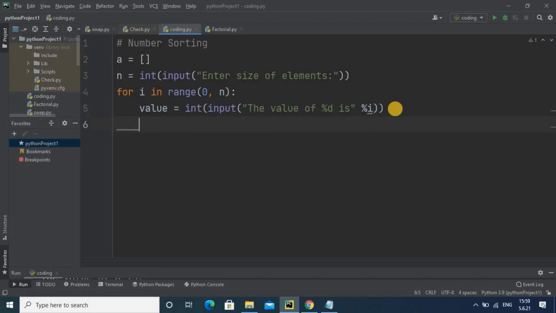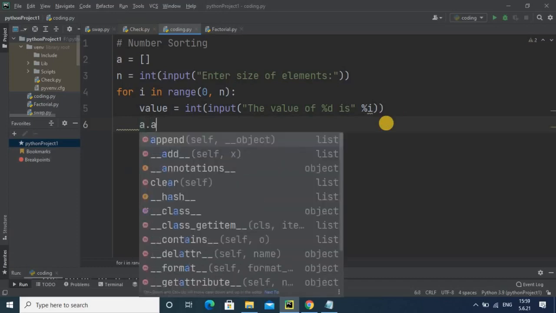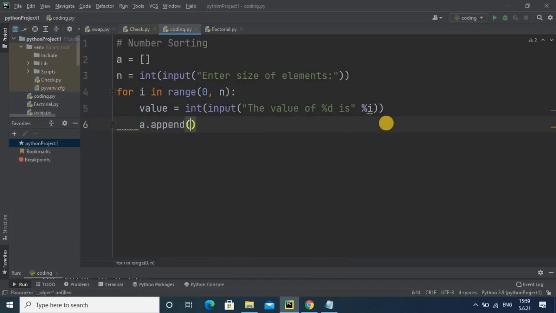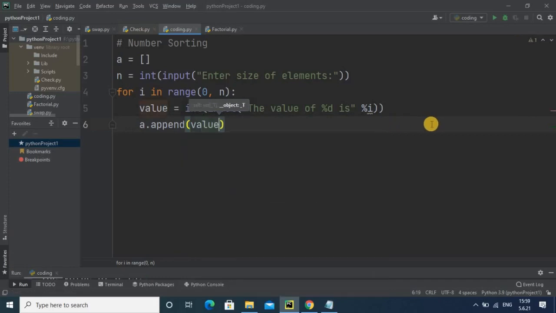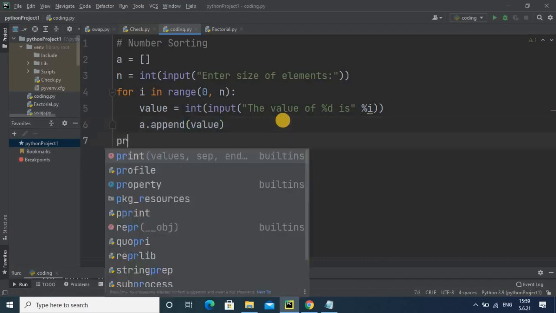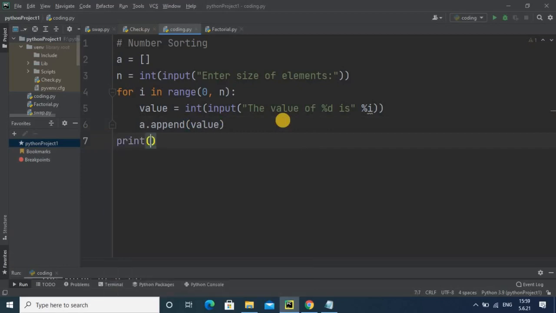Here we have to use the append method, so all the values will be added in the list. We write a dot append, and inside it you pass that value variable, so it will append all the values into that list. Then I will show you how the output will look.